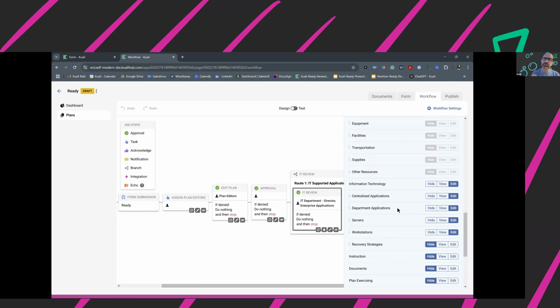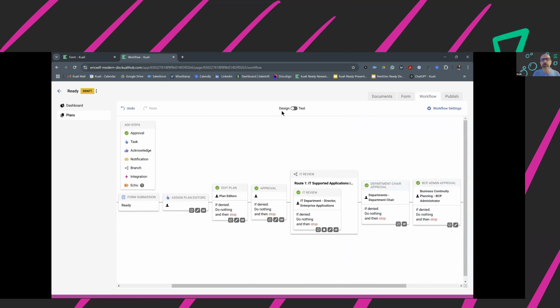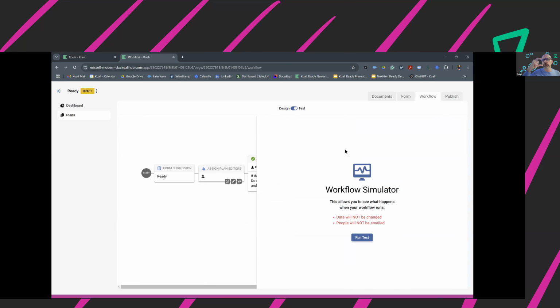First of all, there's an if-then statement. If the user inputs a certain data point, then that triggers a new branch in the workflow, and then it's sent to the IT group. And IT says, oh, I see that this involves software on our network, right? And so they have a series of questions they have to answer, but they don't see all the other stuff. They only see the bits that are relevant to them. And so the task becomes a lot smaller for them, which means they're more likely to do it quickly, right? And get it done fast.